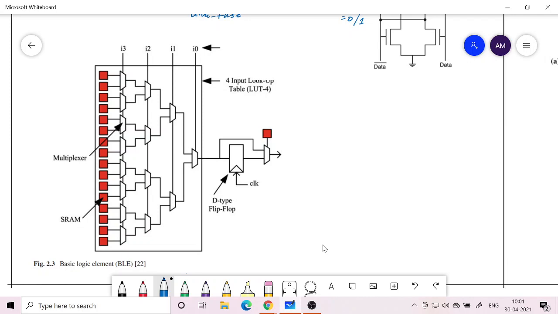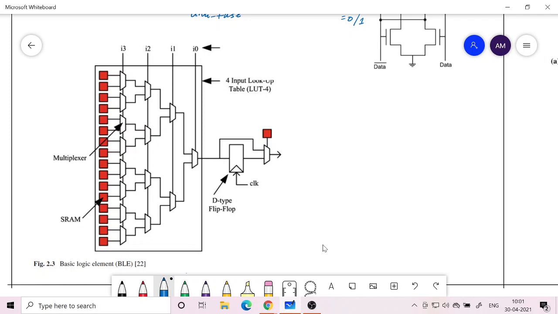Now this is just one simple part of the CLB. A CLB may be built upon one or multiple of what is called the basic logic element.